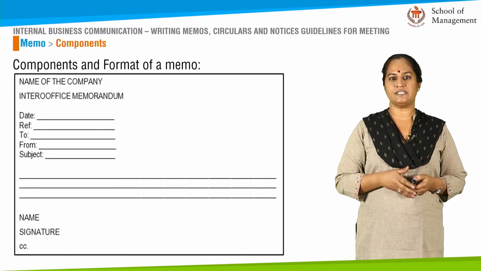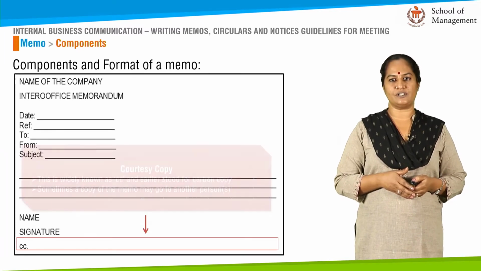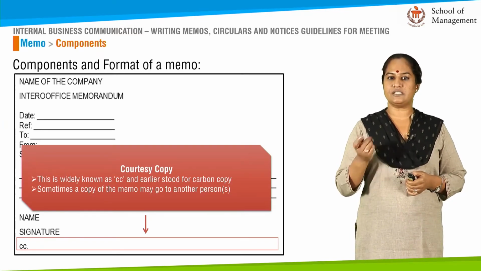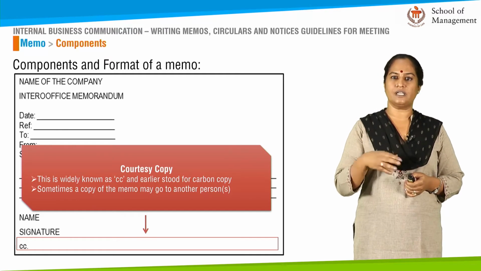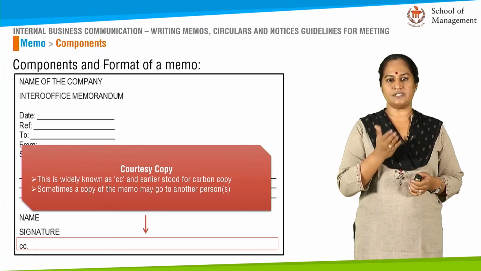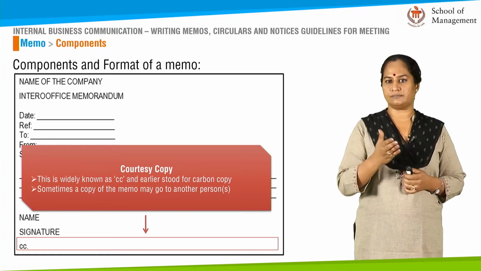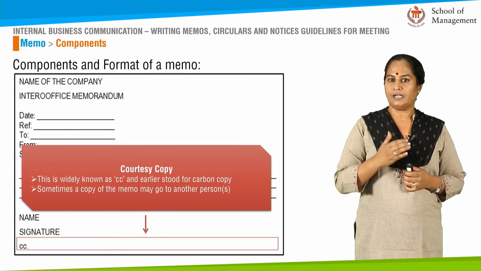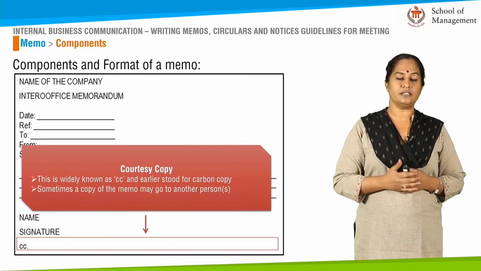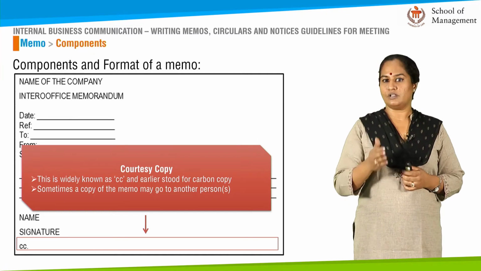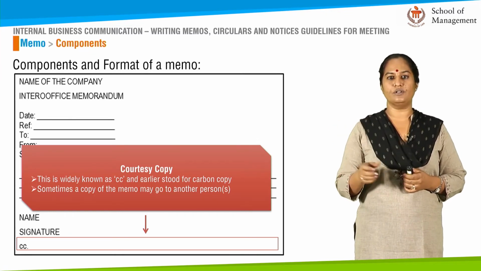Coming to the next, which is the CC component. CC is actually a carbon copy, or what we call today as courtesy copy. CC is usually addressed to the people who are also involved in getting the information. Now let's take, for example, the marketing manager sends out a memo to his immediate subordinate, who could be the senior manager, let's say. Now, though the senior manager is actually directly responsible for whatever is said in the memo, it may contain information that the entire marketing team needs to know, in which case the CC would be marked to the marketing team.